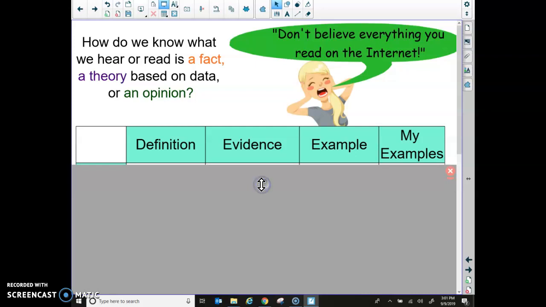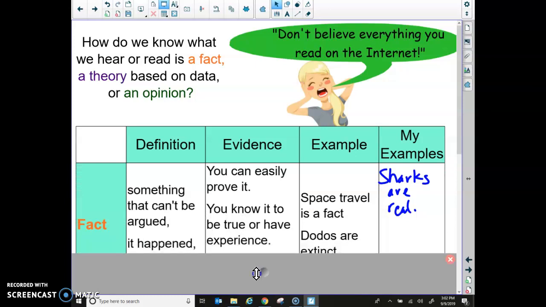So as you work through this, hopefully you have your graphic organizer out in front of you from the Learn assignment. Whatever I show in the boxes, you're going to write into the boxes. Of course, you can shorten those or change those to make them work for you. I'm going to go over a definition, evidence, and my personal example, and then you're going to add your own examples to make sure that you understand. Because if you can give an example of something, you understand it.